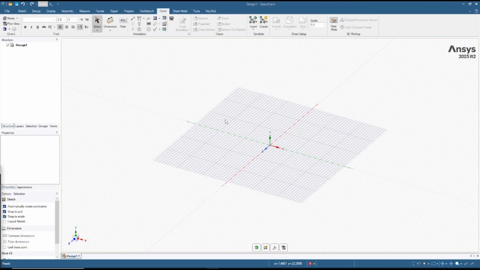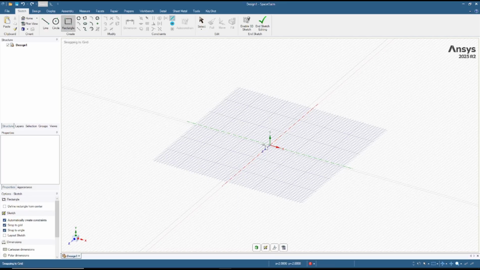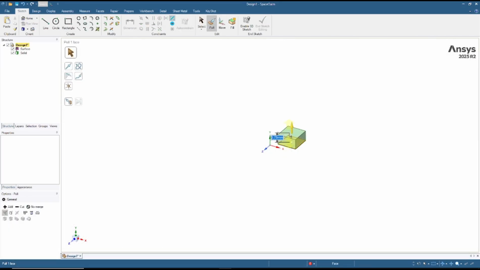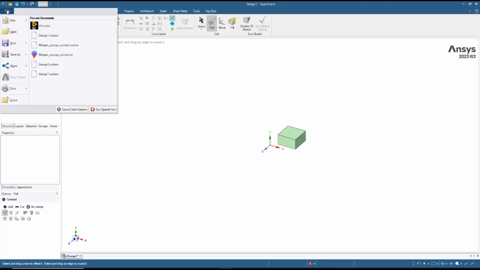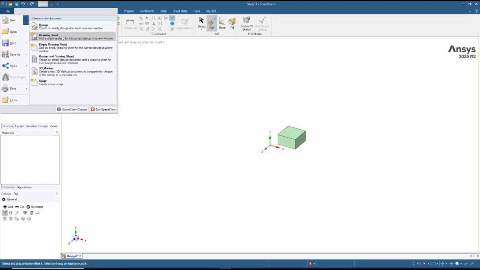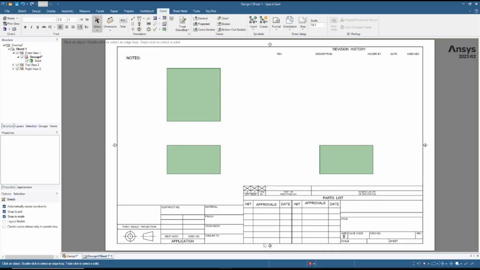Hello everyone, today we are going to learn a basic Ansys SpaceClaim tutorial: how to edit the title block. If you create new drawings, you can move into the drawing sheet. Click File, New, and the drawing sheet will be shown for the default drawing sheet. Now if you want to edit this title block, you can click File,